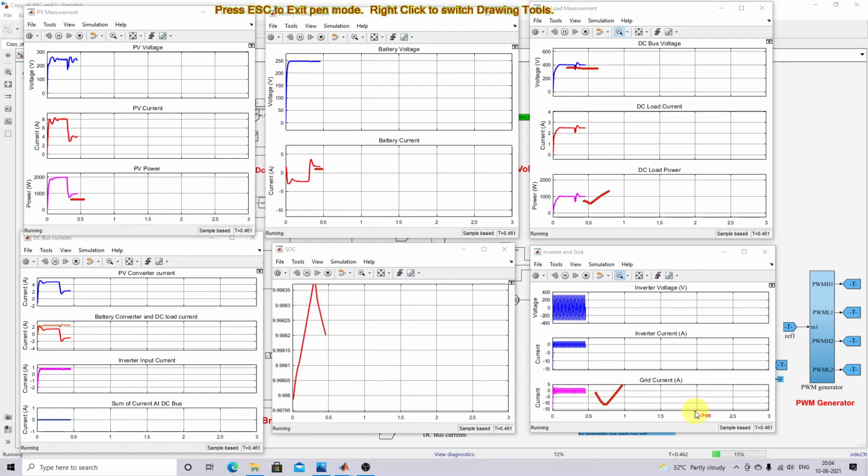After 0.6 seconds, the irradiation of the PV panel changes to nearly 10 watts per meter square. Because of that, PV power goes to 0 watts. So what happened during that time? You will check that. During that time, PV does not have any power and the battery SOC is less than 10 percent. Then the grid needs to supply power to charge the battery as well as power to the DC load. So we will check the condition.